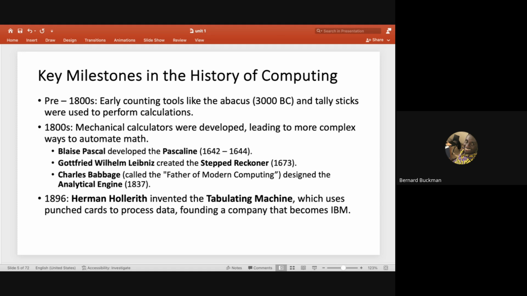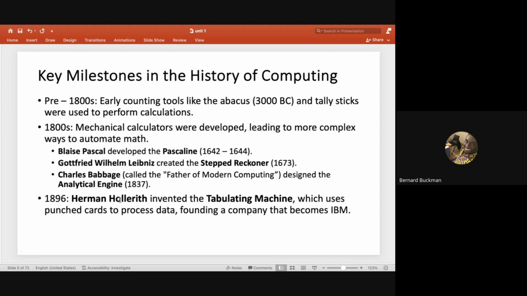Now, Blaise Pascal was not the only person. Someone like Gottfried Wilhelm Leibniz also built something called the stepped reckoner. And then Charles Babbage built something called the analytical engine. All of these are inspirations for our modern day computer, but they didn't look like anything that we build today, because the things we classify as computers today have electricity flowing through them or have electronic parts, but those computers did not have electronic parts, only moving parts.